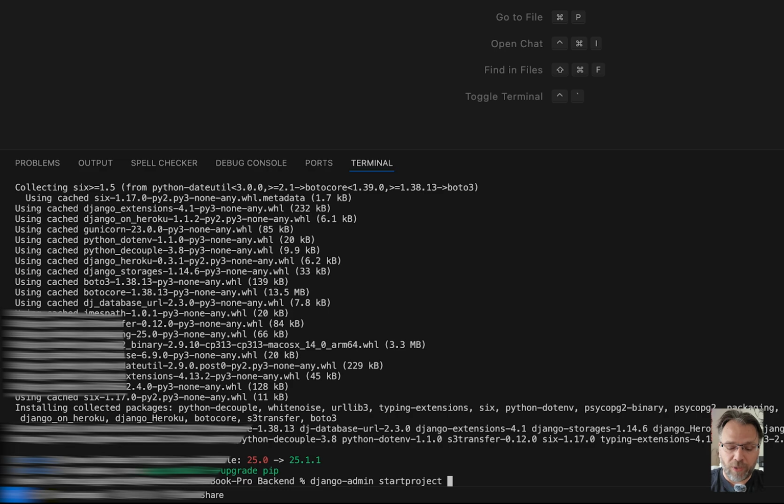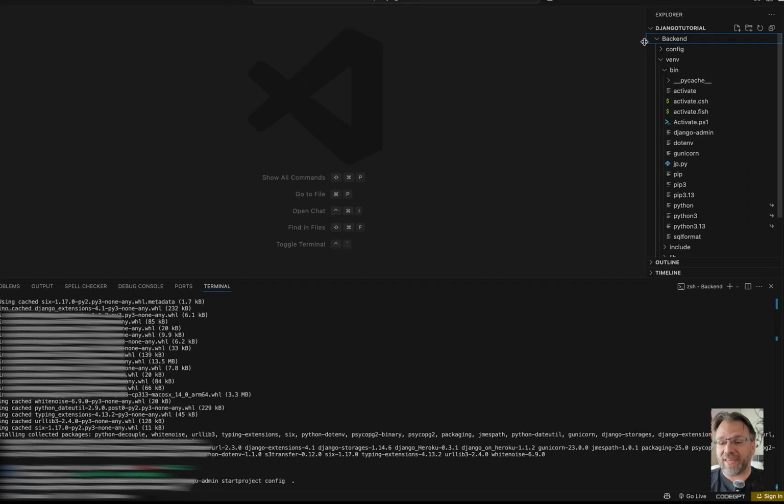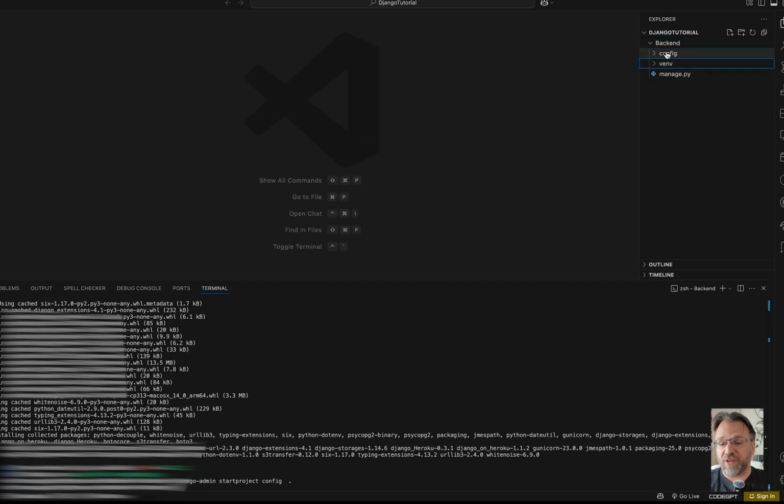For myself, I always name my project inside my Django app config, and then space dot, essentially letting it know that we want to install the project file locally inside our backend folder without creating another folder. Enter. And now we see that inside our backend folder, we have our config file, our virtual environment, and our manage.py file. So essentially right now we have a functioning app, and to test that, we go in python3,